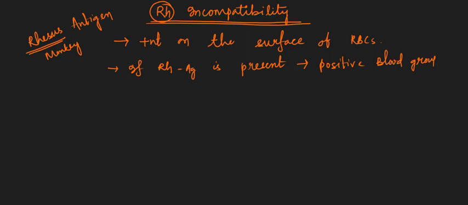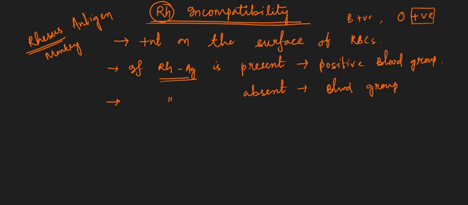You might see that after the blood group we use a positive or negative sign. So why this positive sign, in B positive or O positive? It is because of the presence of Rh antigen. So the simple answer: if the Rh antigen is absent, the blood group will be negative. Fine. You might have heard of O negative, B negative, AB negative. Why is the blood group negative? Because of the absence of that Rh antigen. So that is about the Rh antigen.